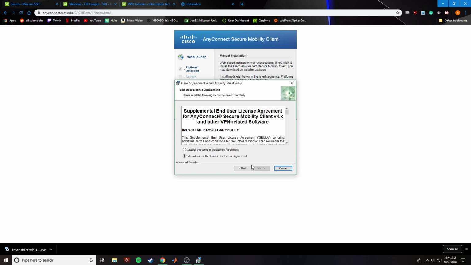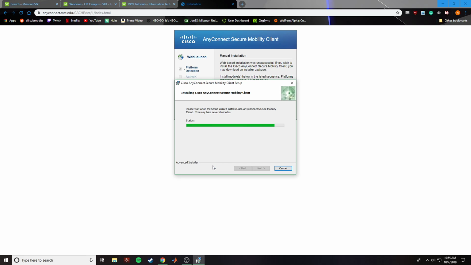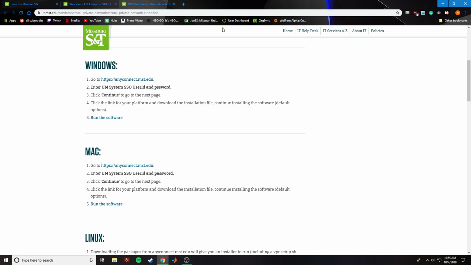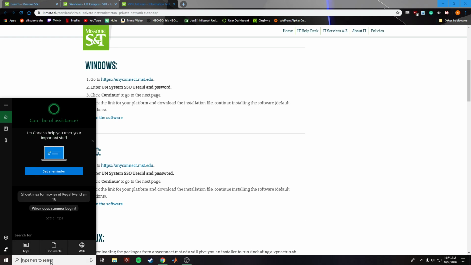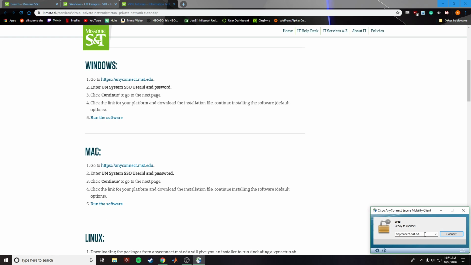We're going to just go through the setup, accept the licensing agreement, and then we just install it. Let it do whatever it wants, and then finish. And then it should be installed. It doesn't really give you any indication, but it's good to go now. We can close this, and then we'll go ahead and type in Cisco here, because that's what it's called. And then it should open up in the right corner right here. You're going to want to type in